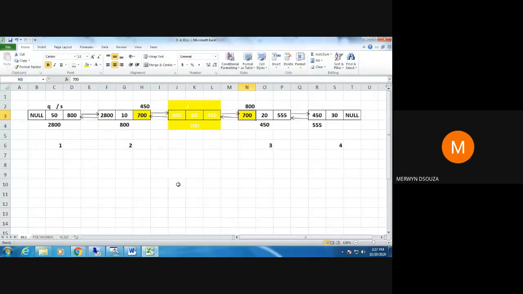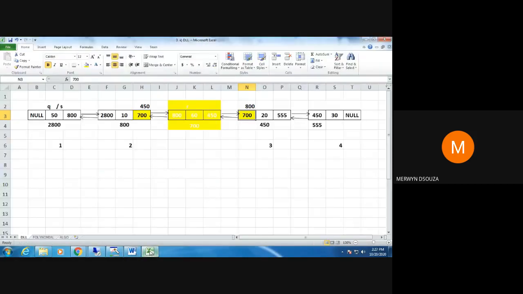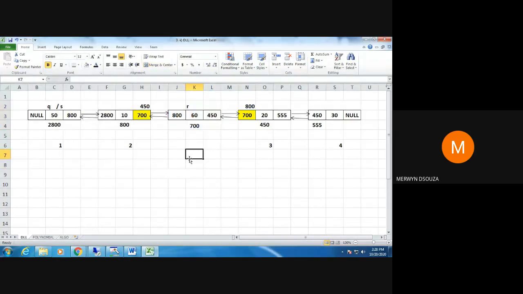So for that we have done this programming here in these two lines. Now understand how we are getting that. Now we are going to delete this node.